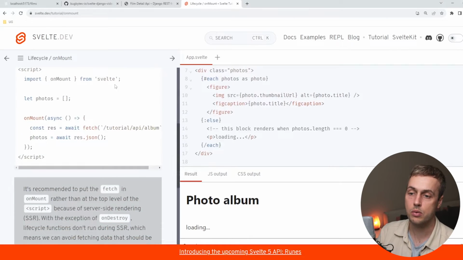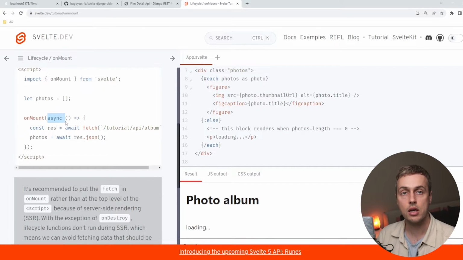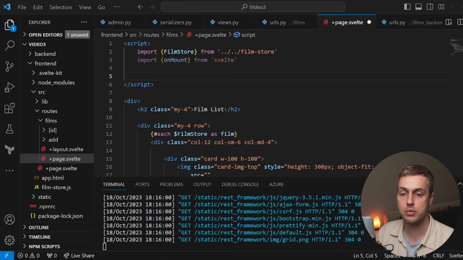So if we scroll down, when we import onMount, what you can do is define that function and pass a callback to that function, and that's the callback that's going to run when this component is mounting. And as you can see here, it's calling the fetch API. It's fetching the data from a particular URL and then converting that data to JSON and storing it in a variable called photos. We're going to do something quite similar now, so let's go back to our film list component,